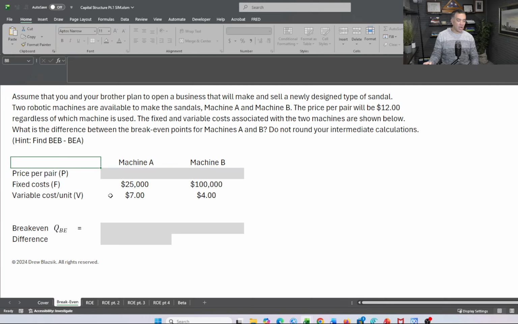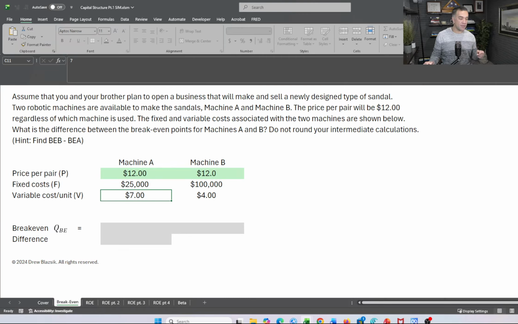Okay, so the first question is the break even. We have machine A or B. The price per pair will be $12 regardless of which machine. So that's going to be the 12, and you want to plug that in. We got fixed cost, we got variable cost, and we have,